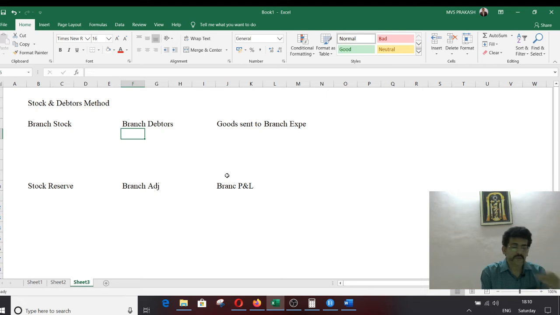and loss account. Whenever a loss is incurred, I need to segregate the loss into profit element and cost element. Profit should be transferred to your branch adjustment account. Cost should be transferred to your branch profit and loss account. Clear? Again, whenever there is any sort of loss, segregate that into cost and the loading. Loading should be transferred to your branch adjustment account, the cost should be transferred to your branch profit and loss